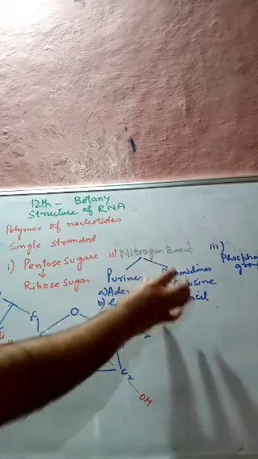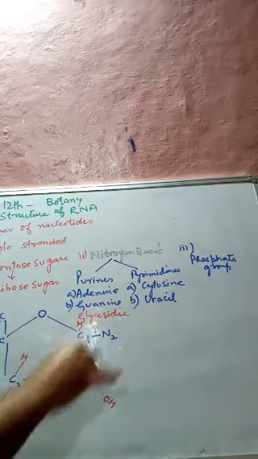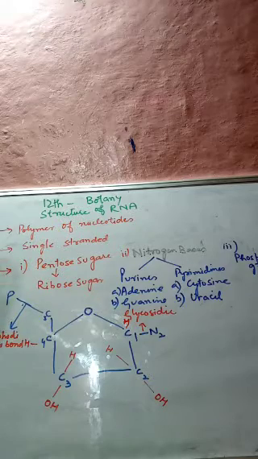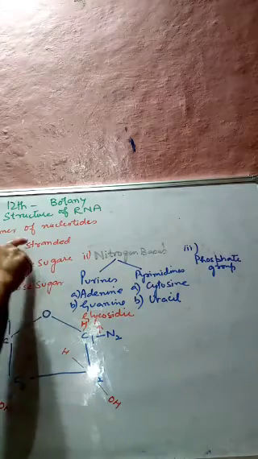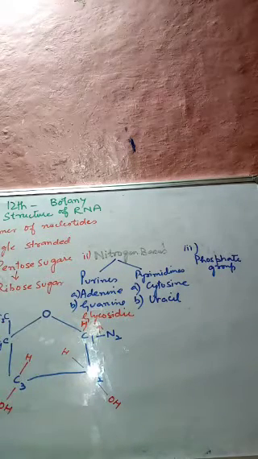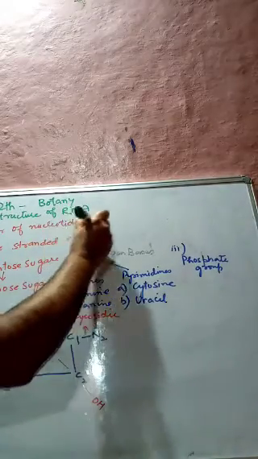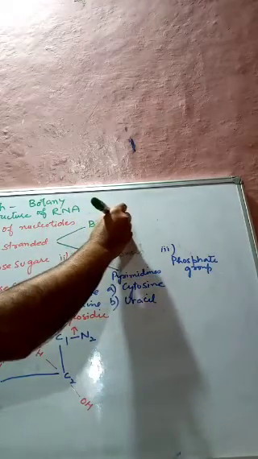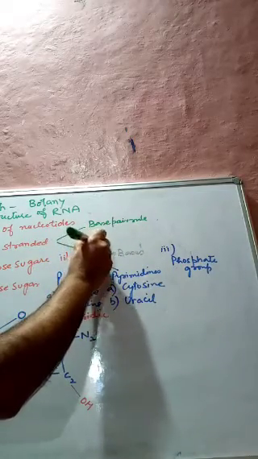Purines are the same, but there is a difference. The pyrimidines are cytosine and, second, uracil. The rest is the same, that is the phosphate group. Now, what we will see here in RNA is a single strand, whereas in case of DNA, they are double strand. So we have studied two rules, that is the base pair rule, and Chargaff's rule.